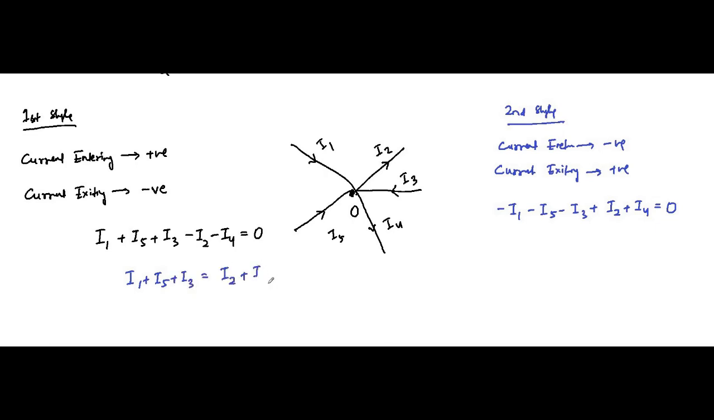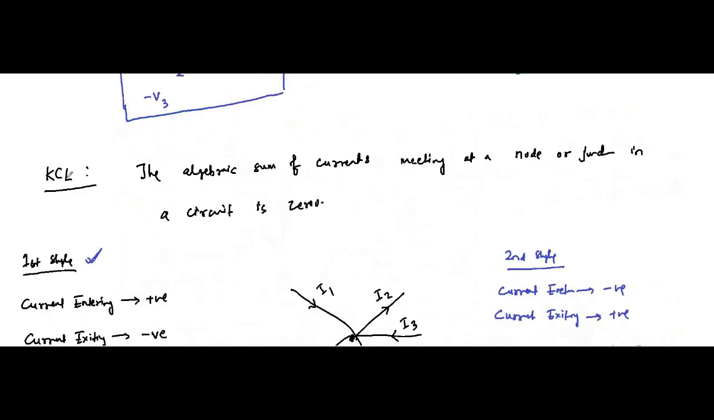If we take I1, I5 and I3 on the other side, it will be I2 plus I4 is equal to I1 plus I5 plus I3. So whichever style you adopt, you will get the same result, but always make sure that you stick with one style. Normally I use this approach, but either way it doesn't matter, ultimately we will get the same result. So this is the KVL and KCL, different styles of writing, just two styles, first sign and